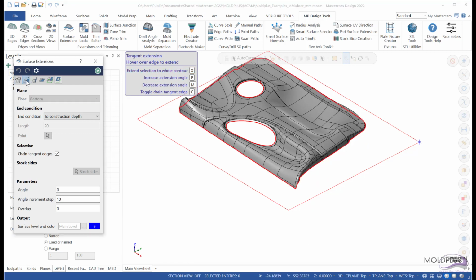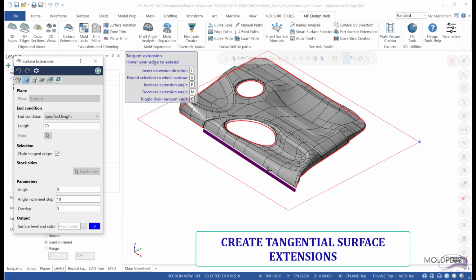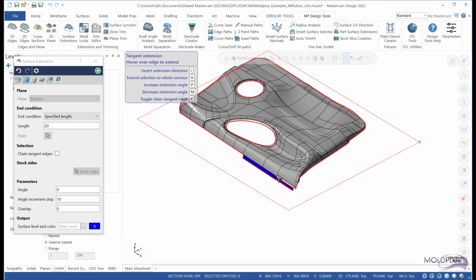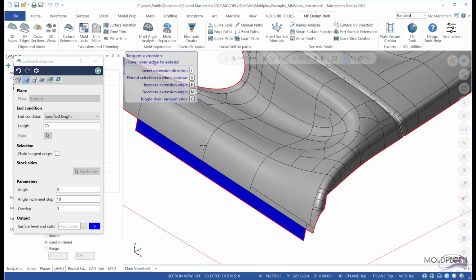The next option is surface tangential, and here we can indicate it to be extended by a specified length, and you see a preview. If the chain tangent edges is activated, I can also toggle the key on and off to just do tangential extensions on individual faces if I prefer. And in this case, I've done 3 faces, and from here I can switch to the surface normal extension, and